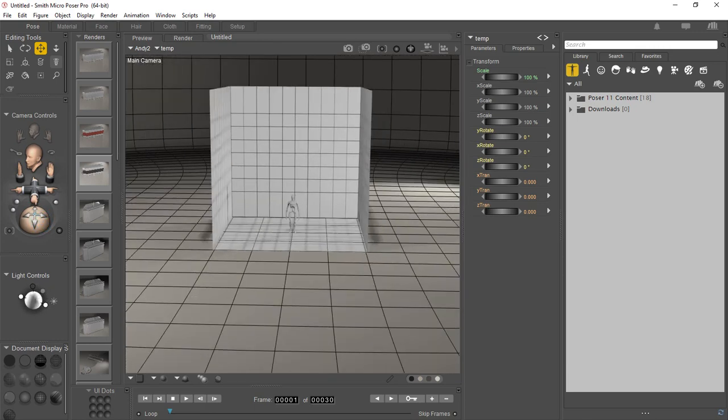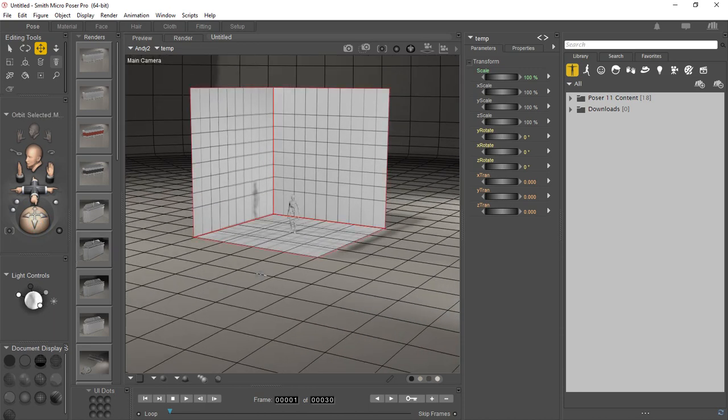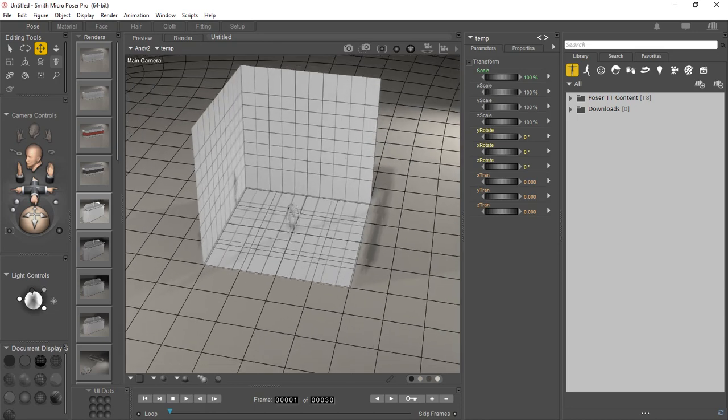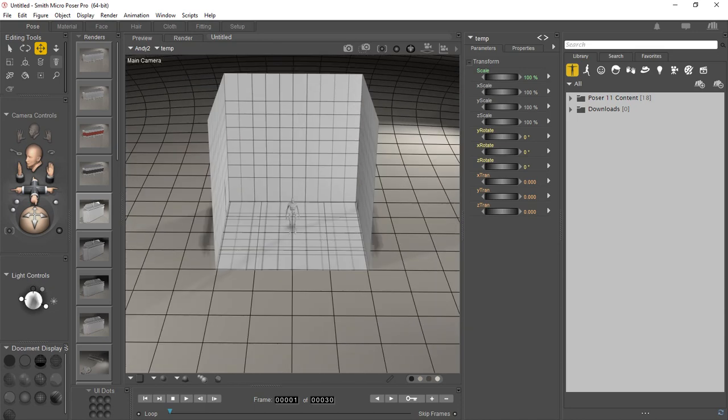Now a little bit different thing here with Poser is the way it handles the normals. You can see the normals are all on the inside of the box. They're facing inside. So when we turn this box a little bit this way, you don't see this one side because the normals are facing the other direction. It's not like a double-sided plane. It's all created with planes. So actually in this case, if you really wanted